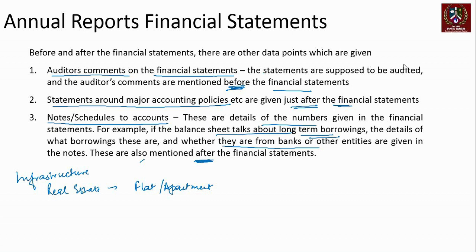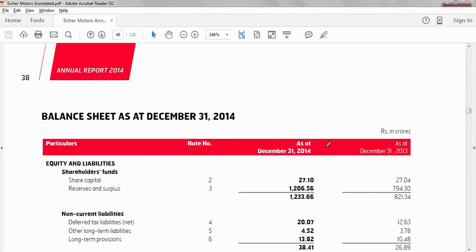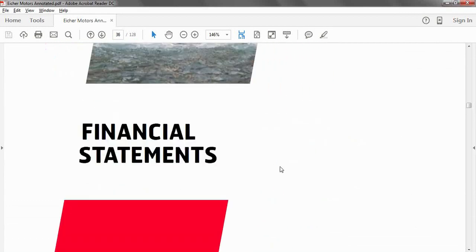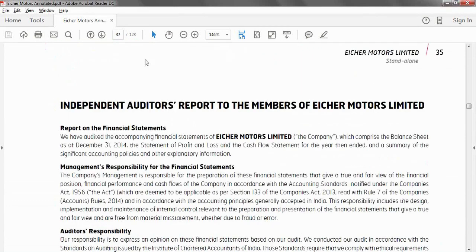Let's now look at our company Eicher Motors and try to gauge how they give their statements. Around page number 40, you see the balance sheet as on December 31st. You see all these shareholder funds and you have these note numbers. The notes will have details. Just before this, if we go to the previous pages, you start with financial statements, and on page number